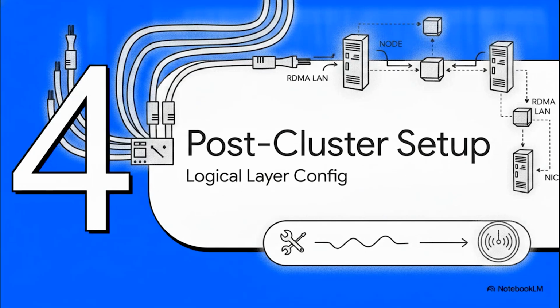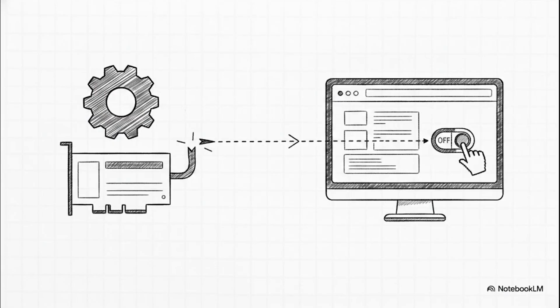Section 4. Post-cluster RDMA LAN setup. Moving to the logical layer. Okay, once foundation is done and the hardware pass-through is set up, we enter the logical phase. And this is a huge order of operations concept. Foundation does not configure the actual RDMA LAN. Read that again. Foundation sets up the hardware and gives you the RDMA 0 interface, but you have to manually enable RDMA and configure the network segmentation after the cluster creation is entirely finished, and you do this via the